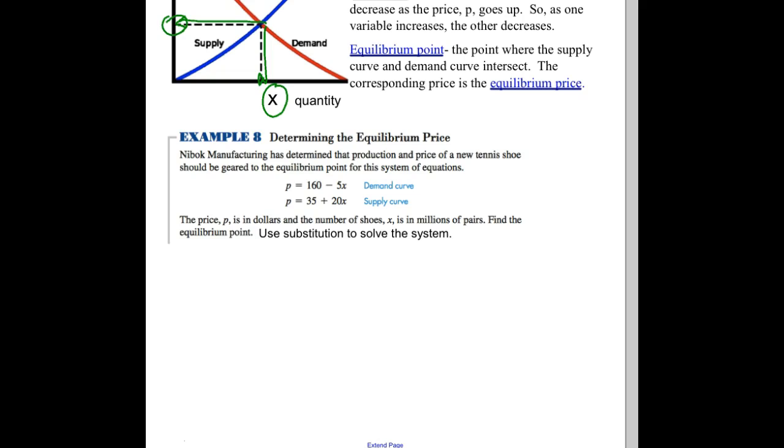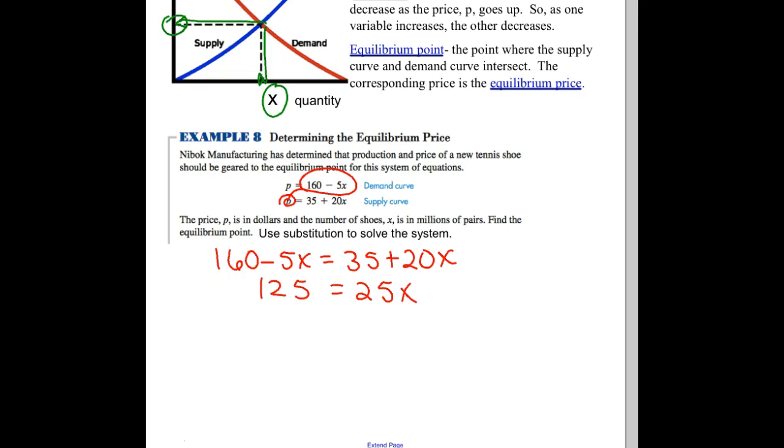All right, we can go ahead and use substitution. If P equals 160 minus 5x, we can just substitute that for P in the second equation. All right, we're basically saying 160 minus 5x has to balance with 35 plus 20x. All right, combining our x's, we'll get 25 on the right-hand side, subtracting 35. Okay, and what's 125 divided by 25? 5. So what does that mean? If x is 5,